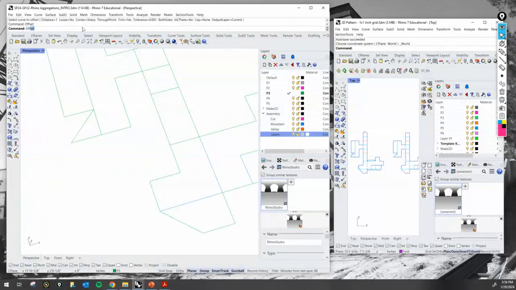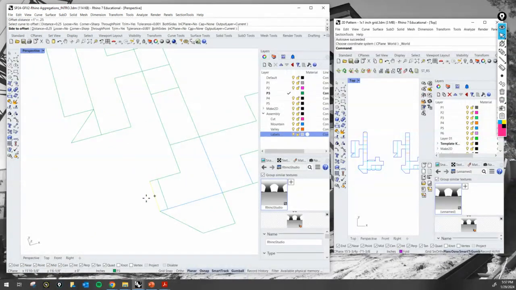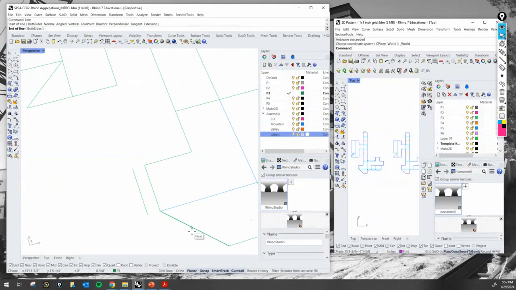But if we do an offset and click right here, it says distance. Distance is 0.25. Enter. Right. I'm gonna offset this line upwards like that. Then I'm gonna do a line. I'm gonna use this line right here, and it used to be able to give you that smart. Oh, there it is, like that smart guide. If you have your smart track on, which I suggest that you do, you'll see that,